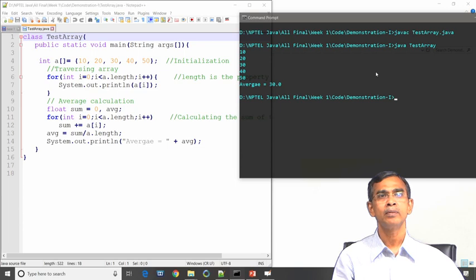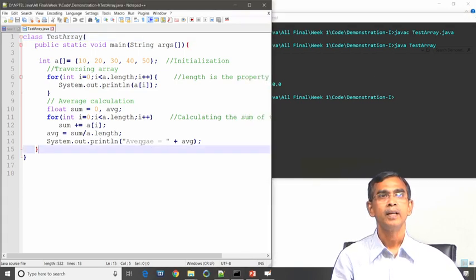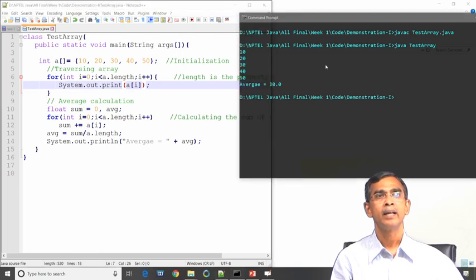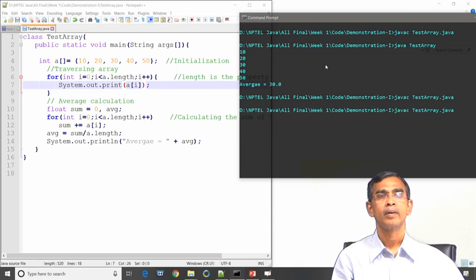Now, I just want to make some changes here. In the first for loop, I am writing System.out.print instead of println, simple print, and let us see what will happen. Run. Yeah, so it is a little bit difficult to read.